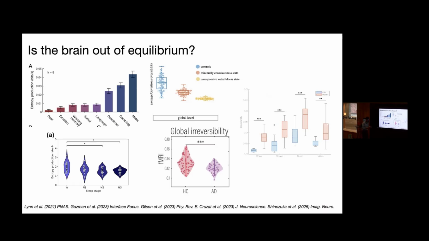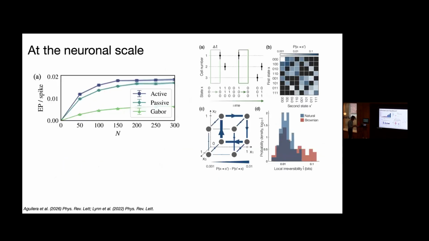And people came up with lots of different ways to compute this. You can focus on irreversibility, or you can focus on the actual entropy production quantity in a purely statistical way or in a model-driven way, where you assume a dynamics for the system. This is an abstract quantity that we don't really know what it means, right? This is a quantity that in physical systems measures heat dissipation. But at this coarse-grained level of neural data, we're not talking about heat dissipation. We're not talking about energetics at all. We're talking about a statistical correlation that we need to understand where it comes from.